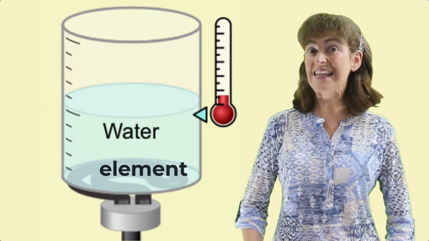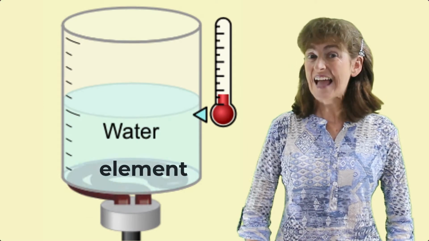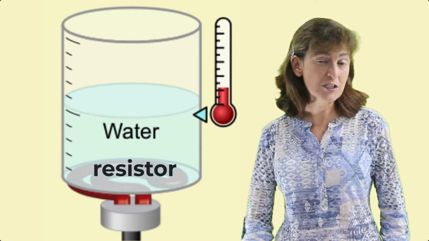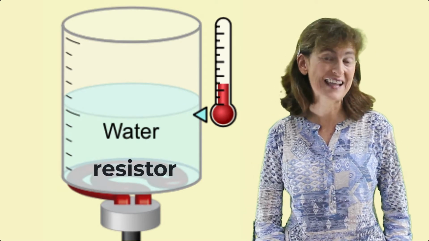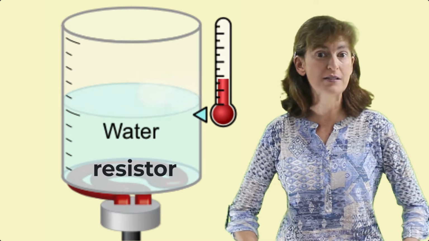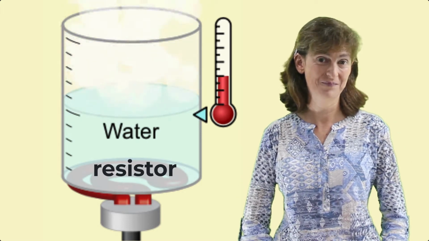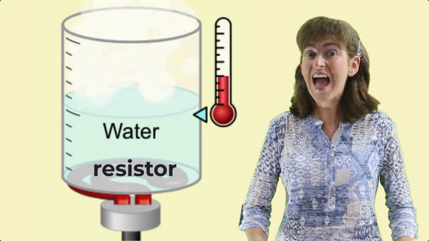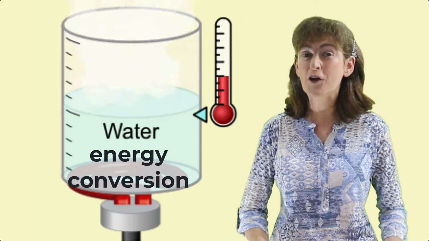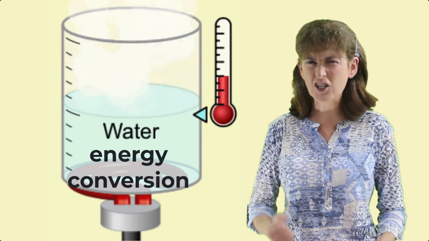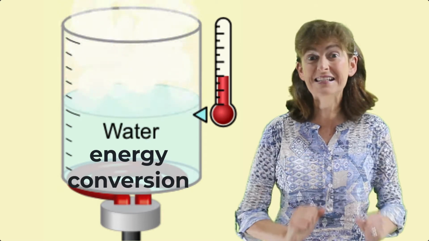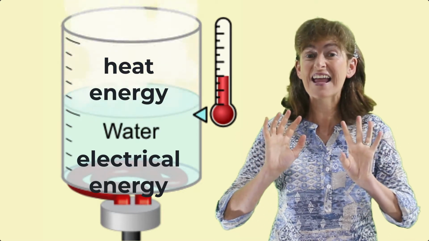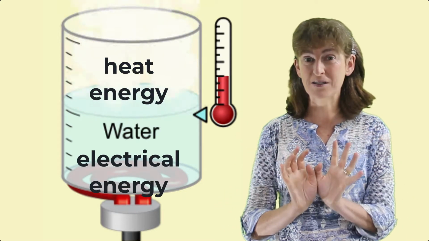Okay, so let's put some cold water into a kettle. The kettle has a heating element inside it. That heating element is a resistor. When we plug the kettle in and switch it on, electricity flows through the heating element, and because it's a resistor, it resists the flow of electric current. The element makes it difficult for electricity to flow through it, and that causes an energy conversion to occur as the electric charges struggle to flow through the heating element. So electrical energy is converted to heat energy, and that heat energy goes into the water around the element, heating